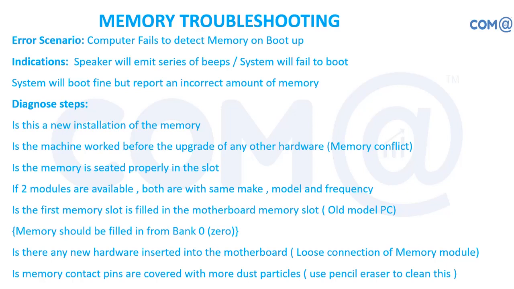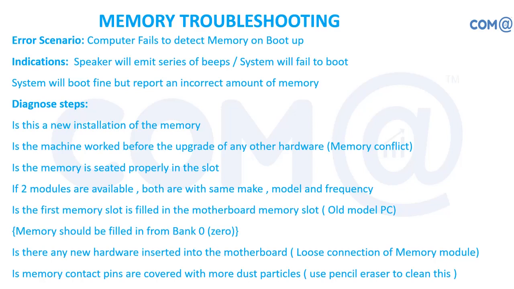What is it that I'm doing? Is this a new installation of memory? So I just did the upgrade, right? Because of which my system may have got the issue, and the operating system is not loading. I told you the memory module's frequency is very important, and SIMM and DIMM, those kinds of things are also important, right? Now you don't have SIMM, don't worry about it. Now you have DIMM only, but frequency matters: 133 megahertz, 166 megahertz. That frequency matters, and you'll have to find out the other issues.